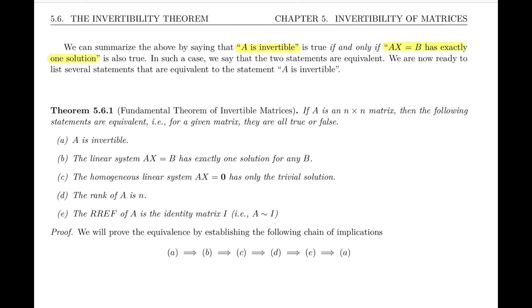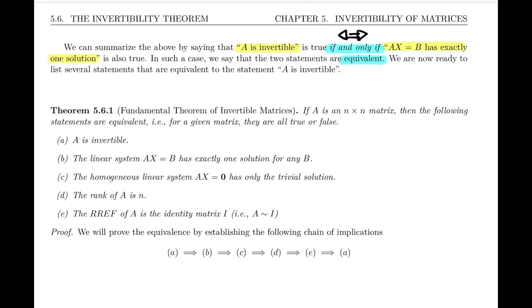So we saw how those two statements are equivalent, and what we mean by equivalent is that you can simply insert an if and only if between the two statements. Another way of seeing that, of course, is to think of the double implication, the double arrow. So that's the same as saying if and only if between the two statements. So those were two equivalent statements, and we're now ready to state and prove several equivalent statements to the statement